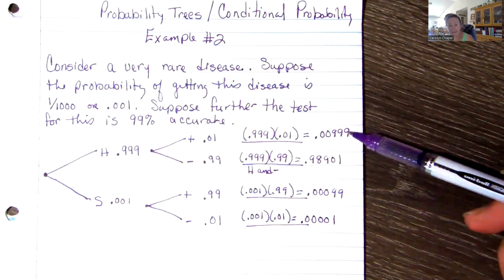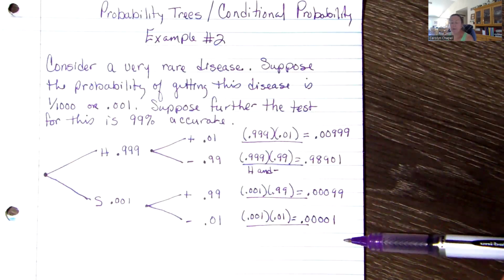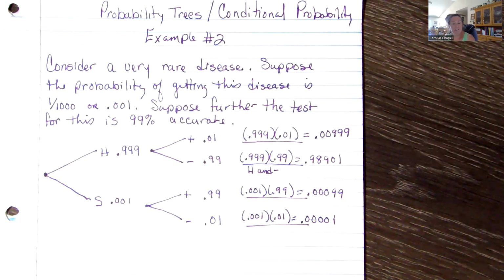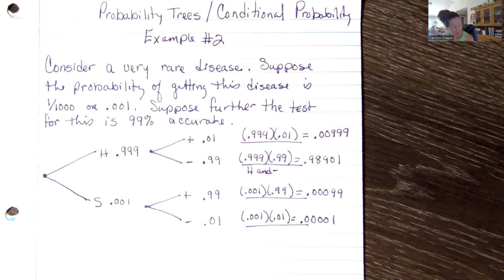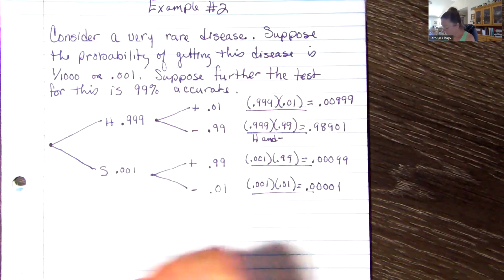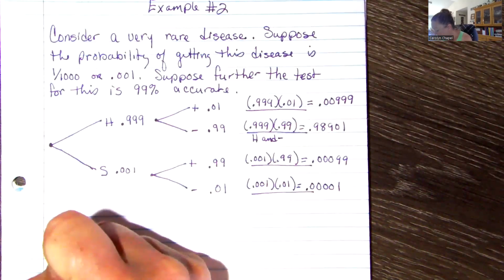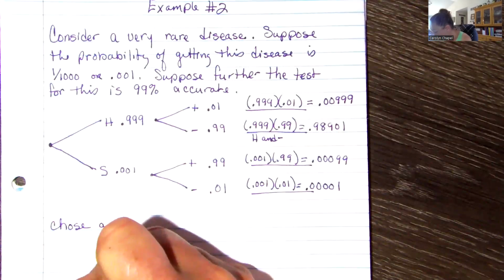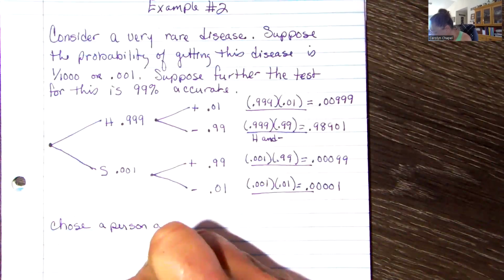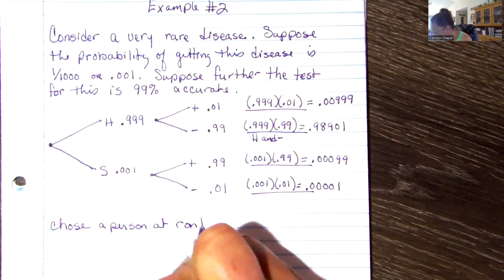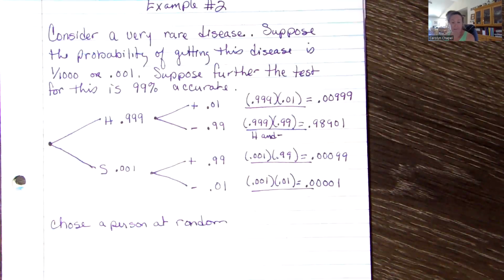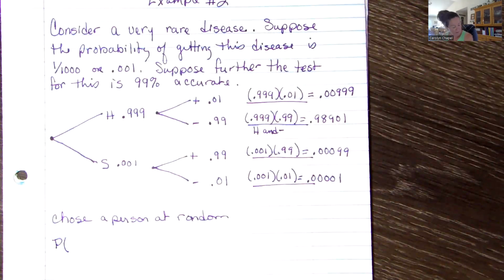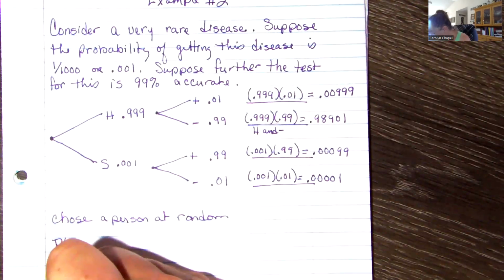Okay, so there's my complete tree. Sometimes you don't necessarily need to go all the way to here because you might not need all of these branches completed, but I did them just for the sake of completeness. And now I'm going to do some questions here and see how we can use this tree to answer some questions. So we're going to choose a person at random, someone out in the world, and we're going to give them this test, and we want to know, given this person, based on this information, what is the probability that they are healthy